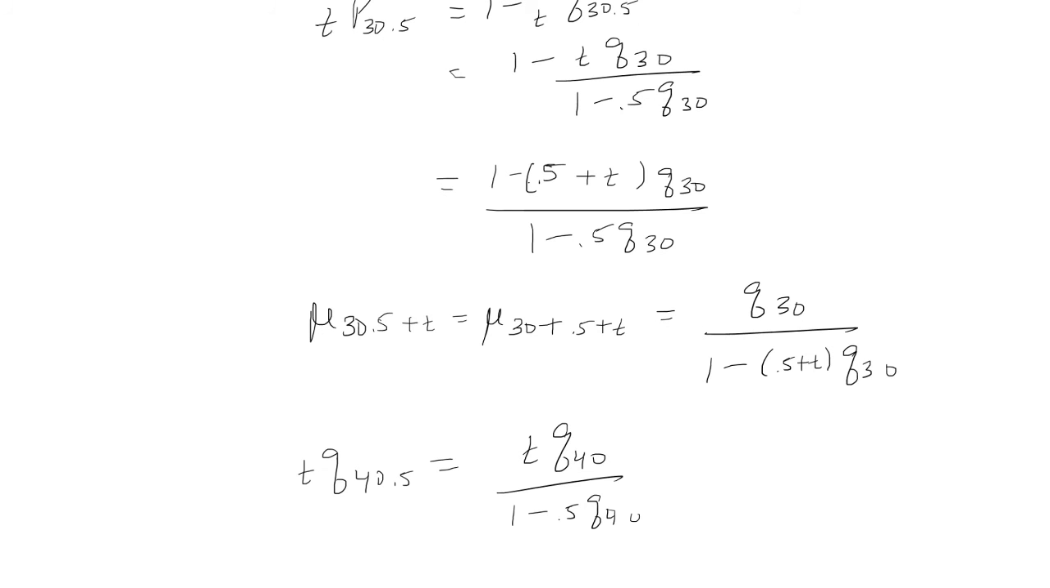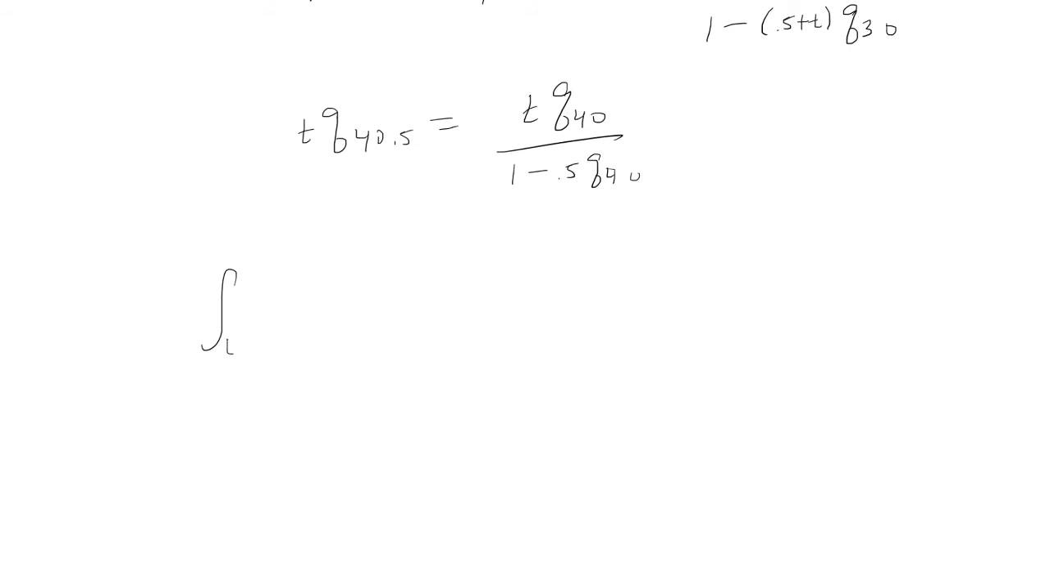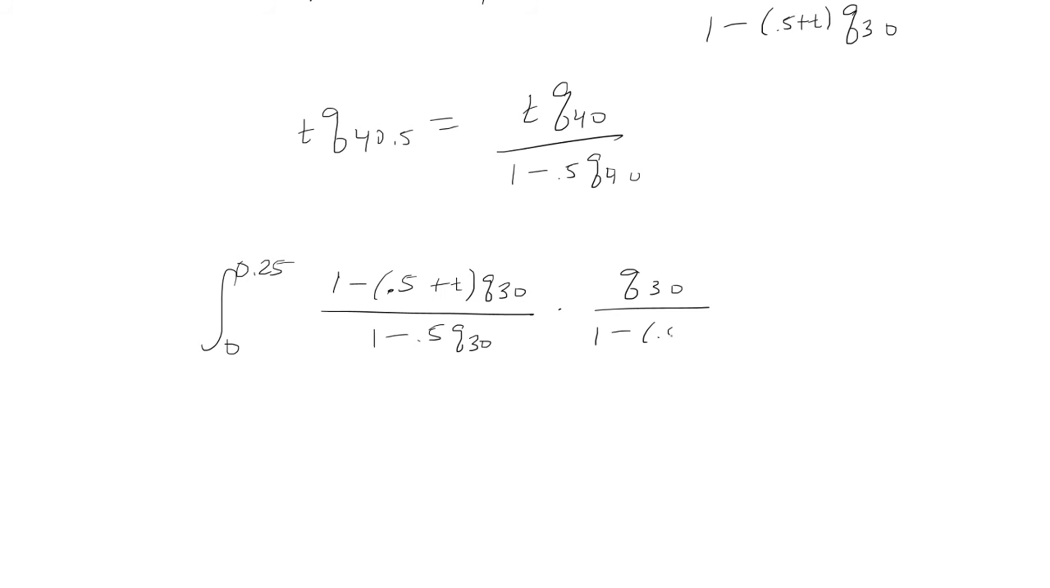Okay, now we're going to put it all together. So I have the integral from 0 to 0.25. We have tp30.5, which we said is 1 minus the quantity 0.5 plus t times q30 over 1 minus 0.5 times q30. The next thing was the mu of 30.5 plus t, which we said is q30 over 1 minus 0.5 plus t times q30. And then lastly is the tq40.5,